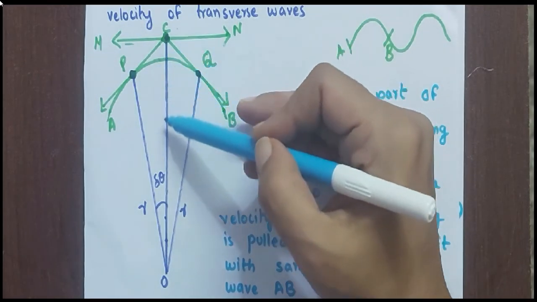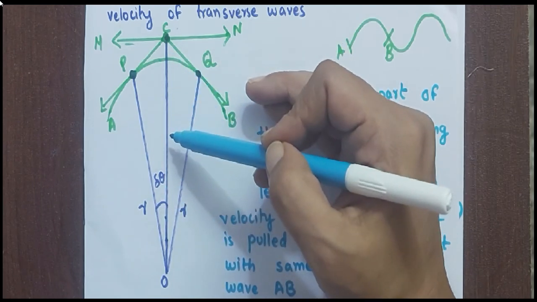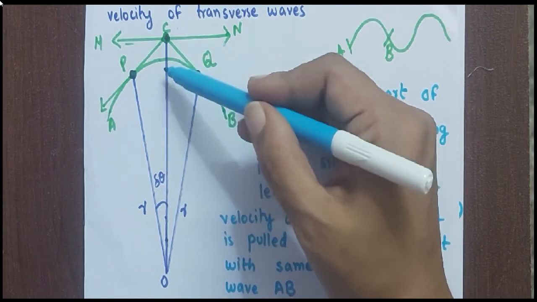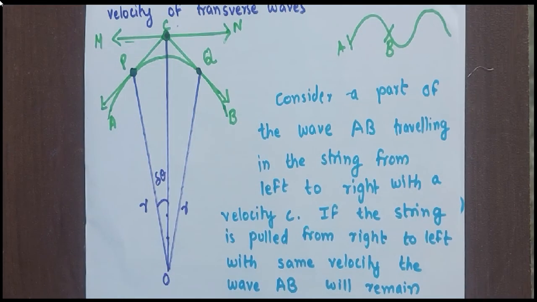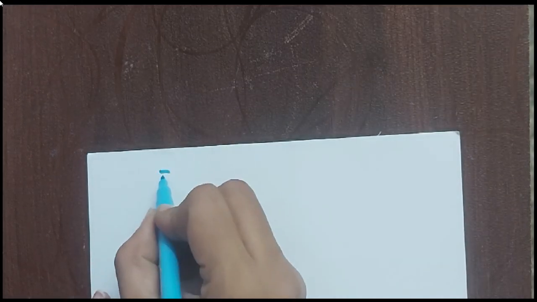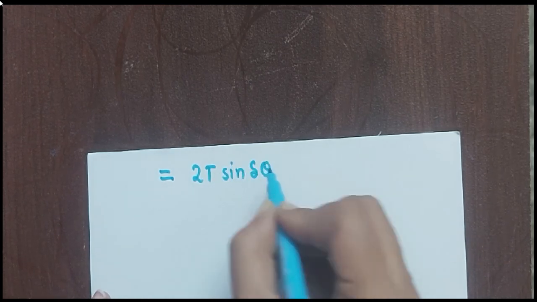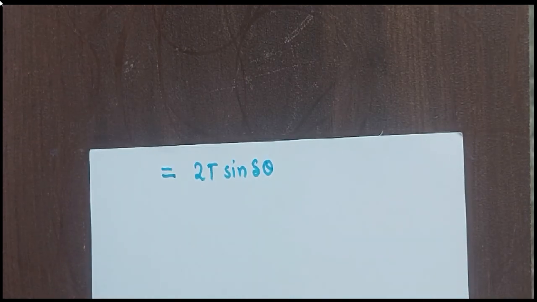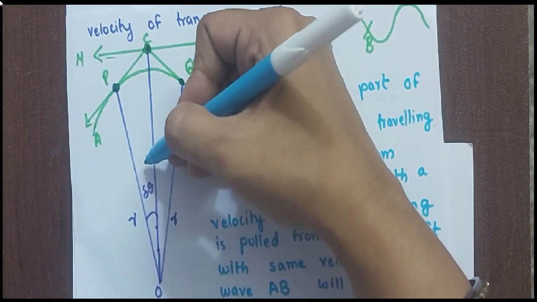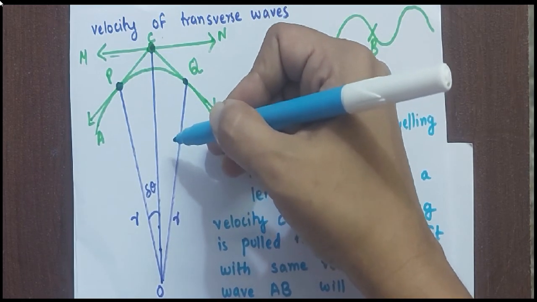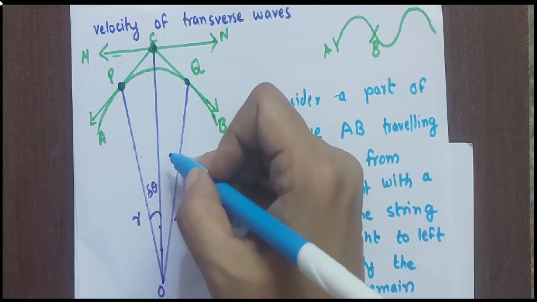Now this is the vertical component. This is the vertical component of tension and both are acting in the same direction, that is CO, and the total force along CO. So we will write that also. The total force is given by 2T. Now vertical component, it is sine del theta. Horizontal component, it was T cos del theta. Here for this portion, this is T sine del theta. For this portion, again it is T sine del theta. So T sine del theta, it will give you 2T sine del theta.